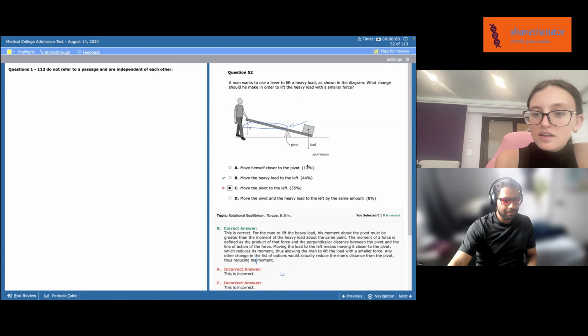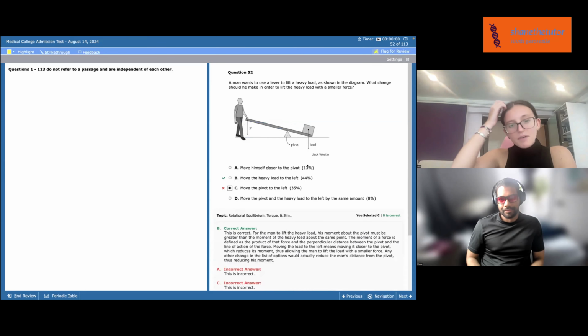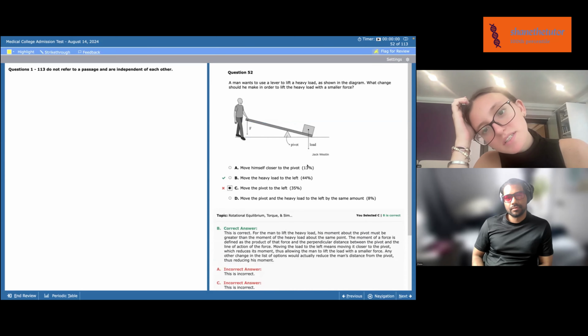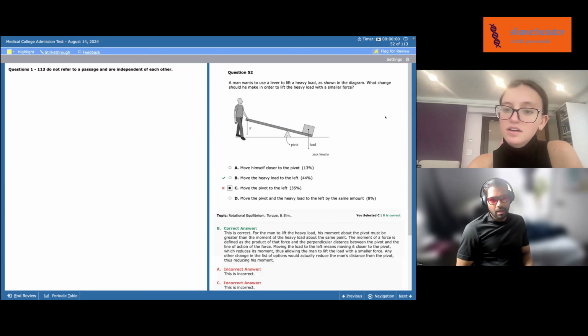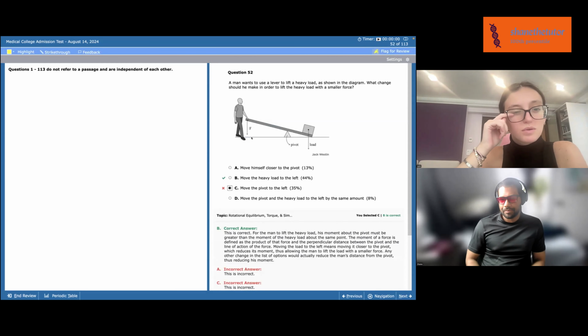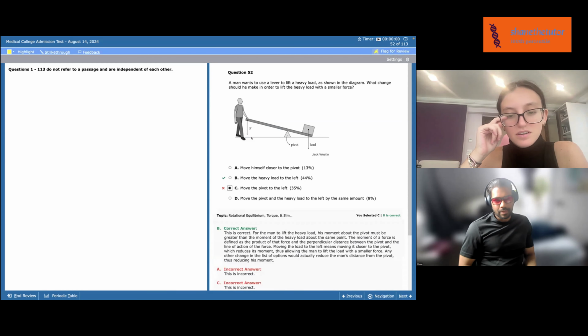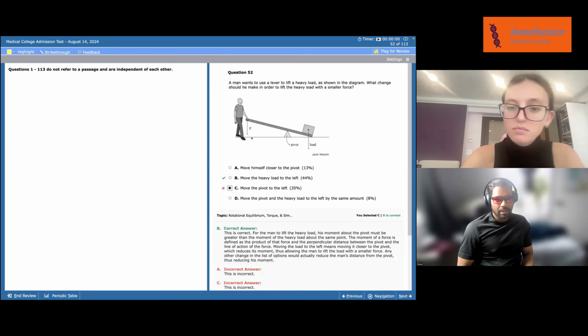And this is exactly what we was saying earlier. I remember this problem. I thought we did it together, where you drew something out like this yesterday. But yeah, in order to lift the heavy load with a smaller force, would